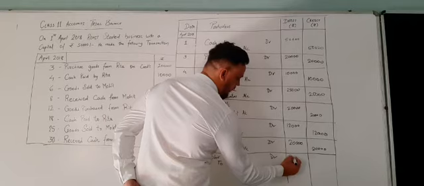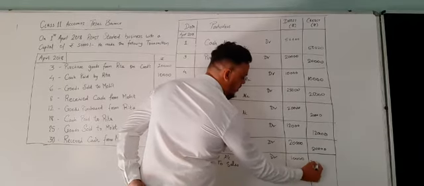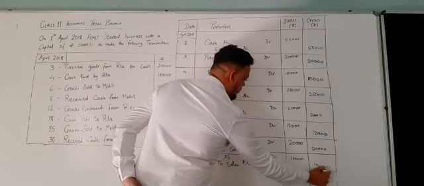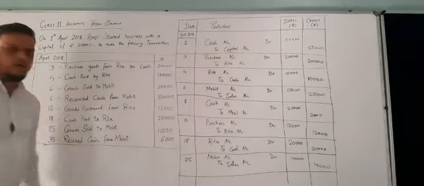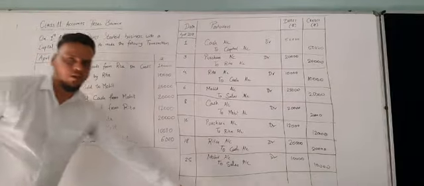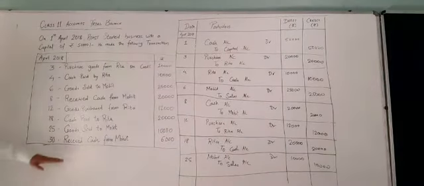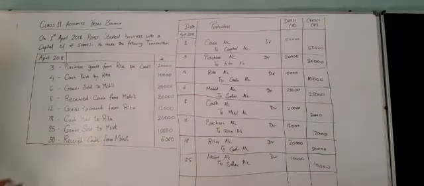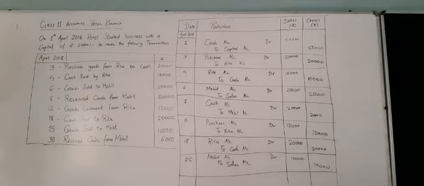Amount will be 10,000 respectively. So I am writing here 10,000. I think that you cannot see the last part over here, so I am writing the entry over here to understand this. On 38th, I'll make sure that a snapshot will be taken for you and it will be displayed under the video.